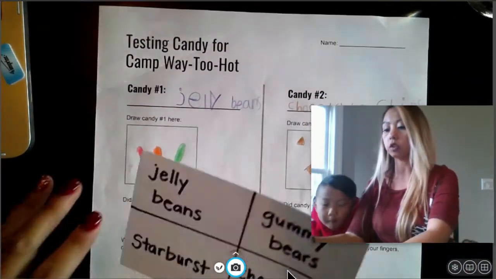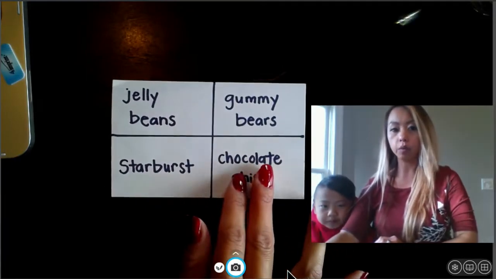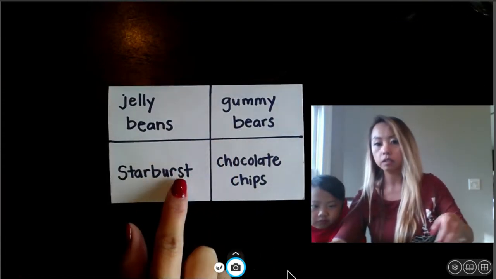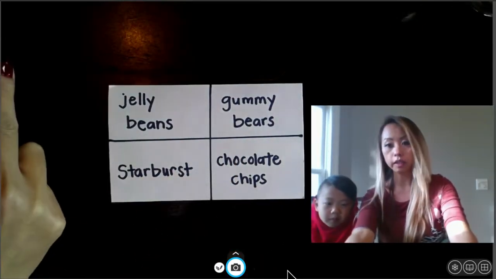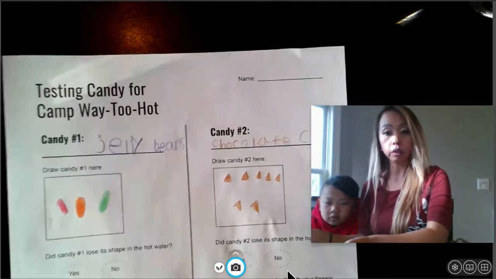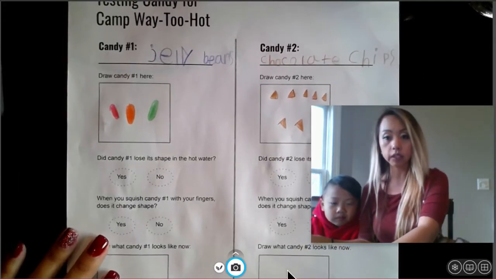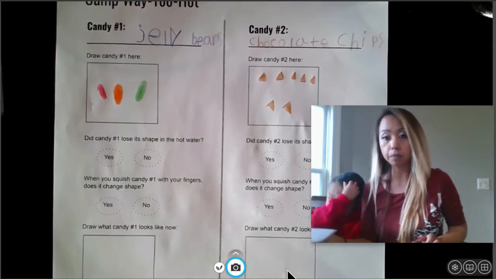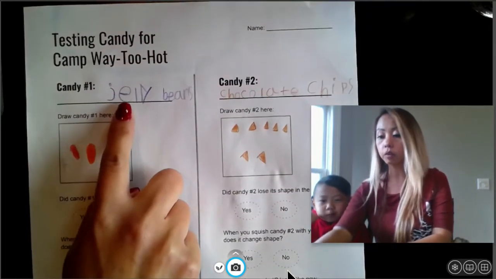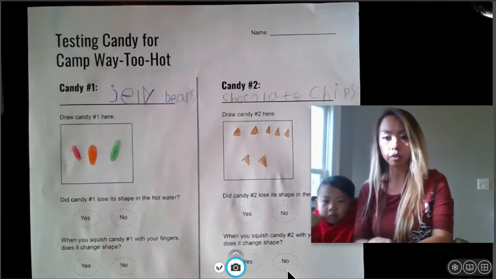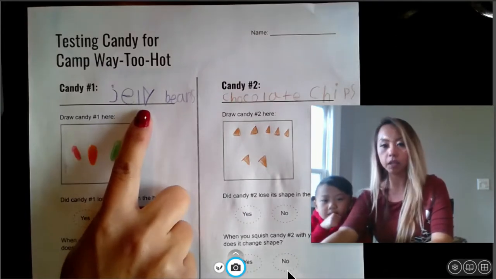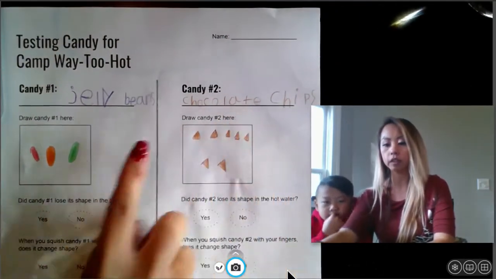about candy. And so these are the 4 types of candy that we are going to look at. We're going to look at some jelly beans, gummy bears, Starburst, and chocolate chips. If your teacher did not send you a handout, totally okay. Just find your science notebook or just find a piece of paper that you can do your drawing on. But you're going to select 2 candies that you would like to make observations about. So Ashton decided to make an observation about jelly beans and chocolate chips, and he has a drawing that he